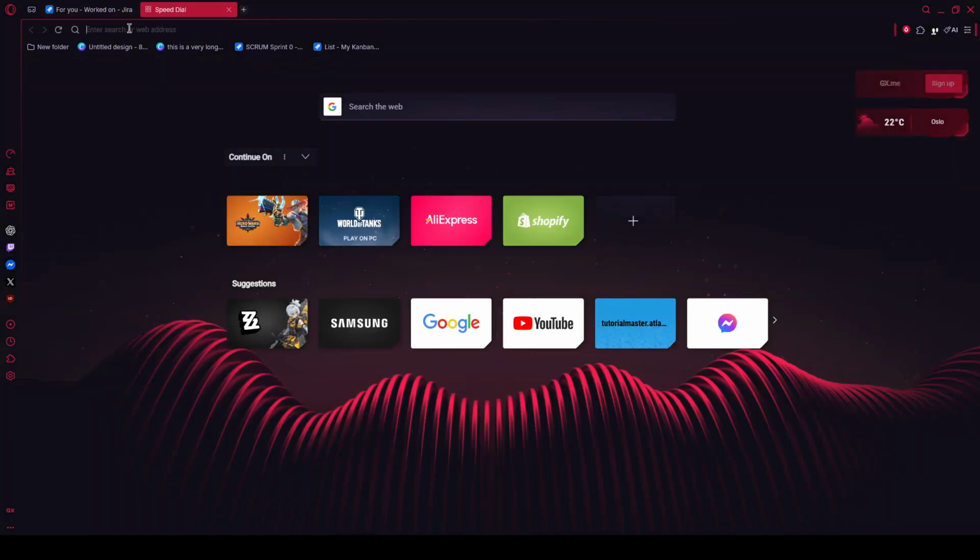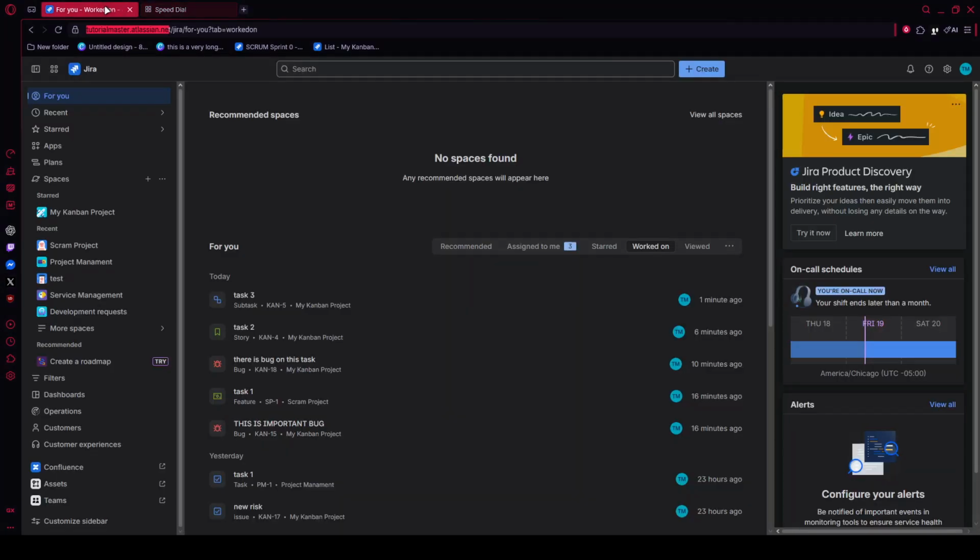The first method is the direct route. If your organization has its own Atlassian cloud address, type your company's Jira URL into the address bar and press enter. In many cases, this will look like a company-specific address ending in atlassian.net. If you already know your team's exact site address, this is usually the fastest way to get straight into the